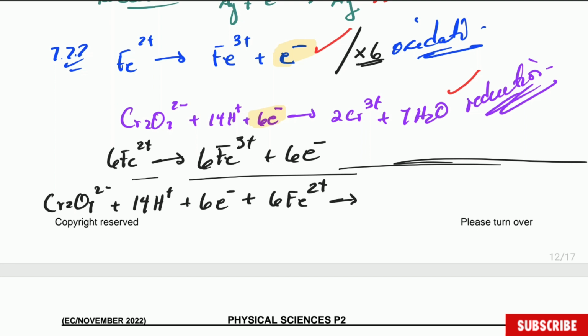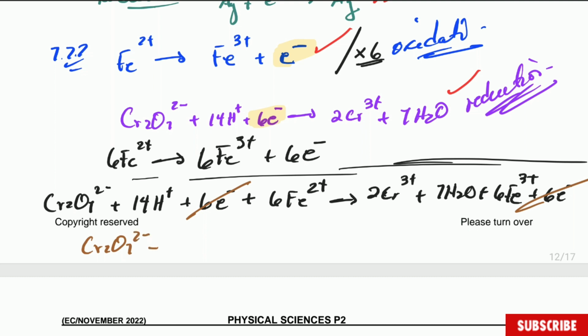Now I'm going to add everything that is on the right side. 2 Cr3+ plus 7 H2O plus 6 Fe3+ plus 6 electrons. Now you can see the electrons are on opposite sides. They are common factors, so the electrons cancel each other. You can see here these electrons cancel each other. And then we have the net equation. All we have to do is to write that one without the electrons, and then the answer will be